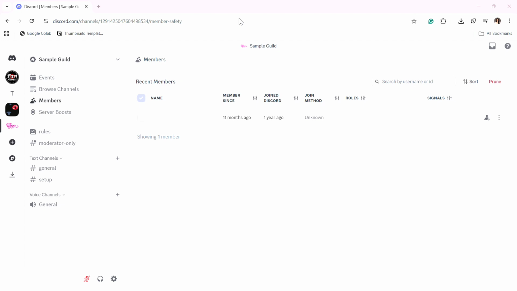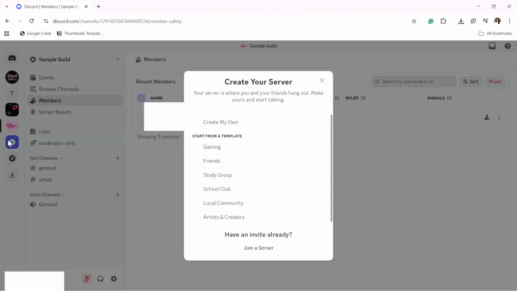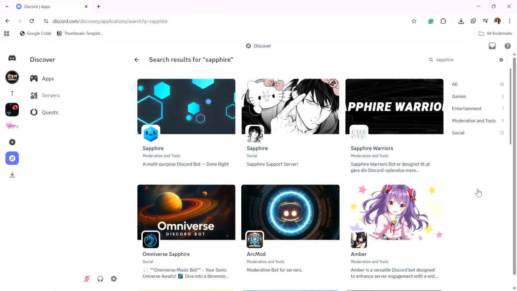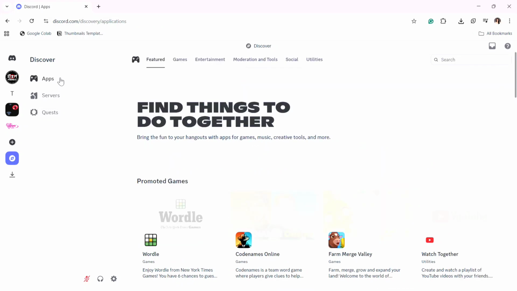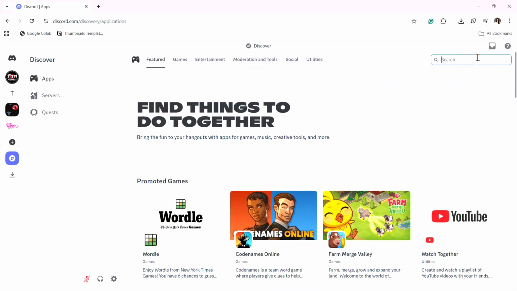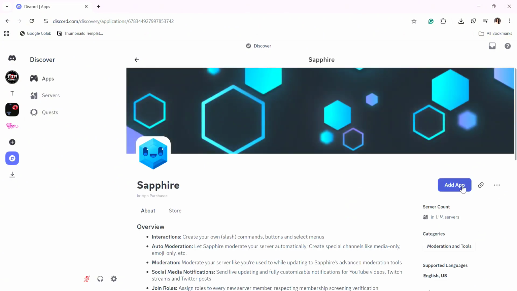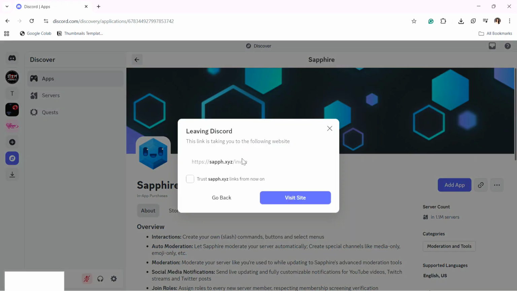So to get started, go ahead and open Discord on your device and then head over to the Discover tab at the left side of your screen. From here, head over to the Apps tab and then search for Sapphire. In the results, click on Sapphire. And then from here, click on this Add App button at the right side of Sapphire